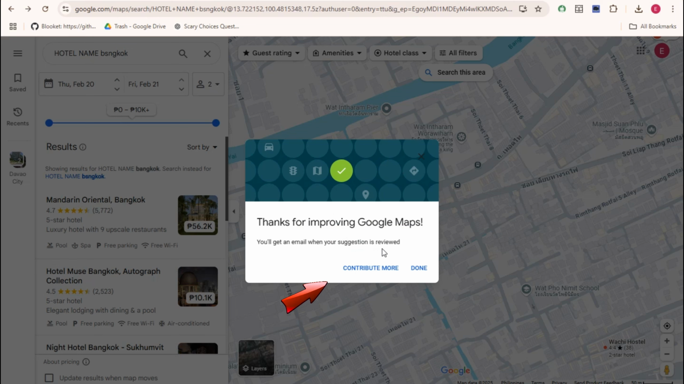What you're going to do is you have to click done and wait till you receive an email from them. And after that, you just have to simply read the result if they have confirmed your new place added